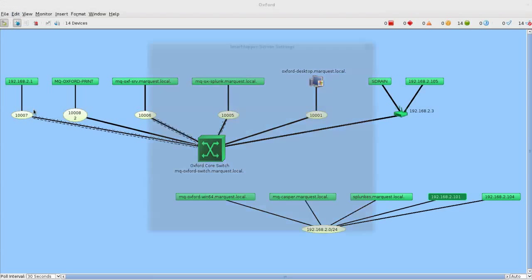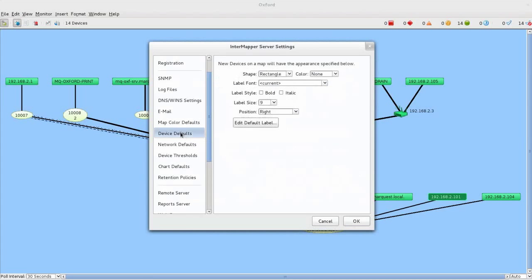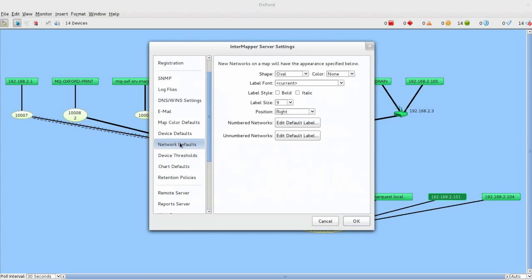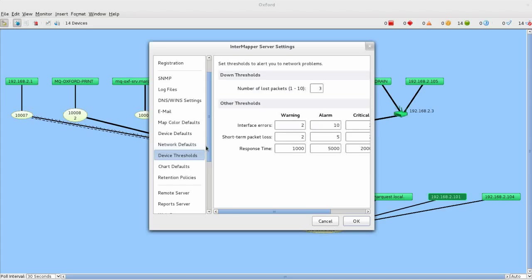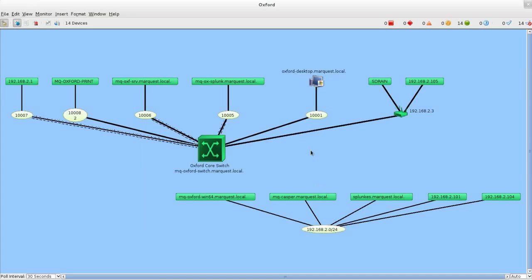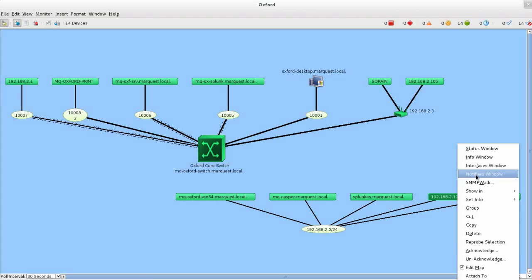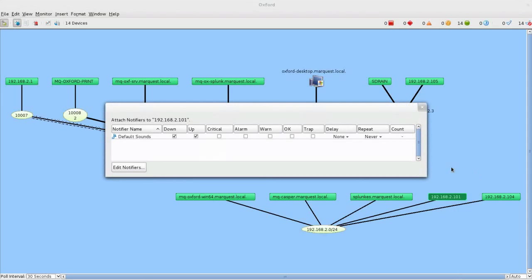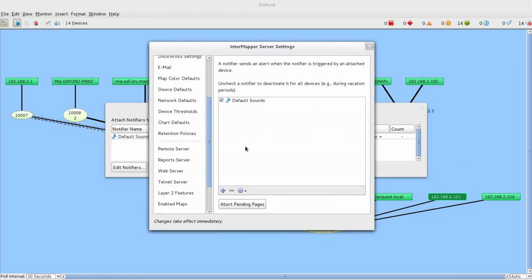And as I said, you can come into server settings. You've got lots of device defaults, network defaults, device threshold defaults, and these are inherited by default until you start changing them. Something else that you can do as well is you can have notifications. So let's say I now wanted to monitor this. I could go to the notifiers window, and we've got sounds by default, so let's edit our notifiers and let's